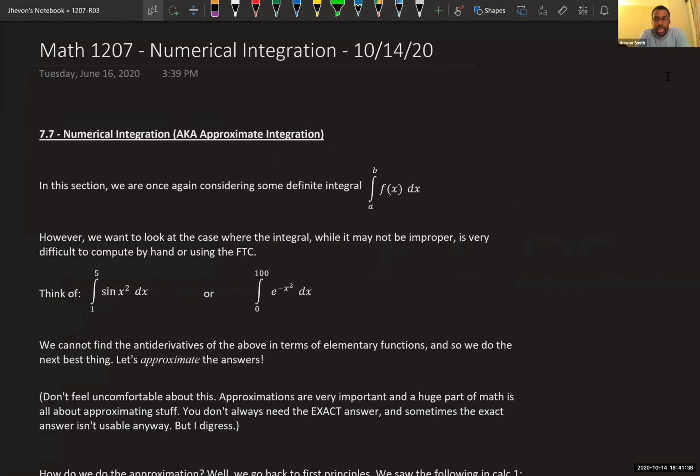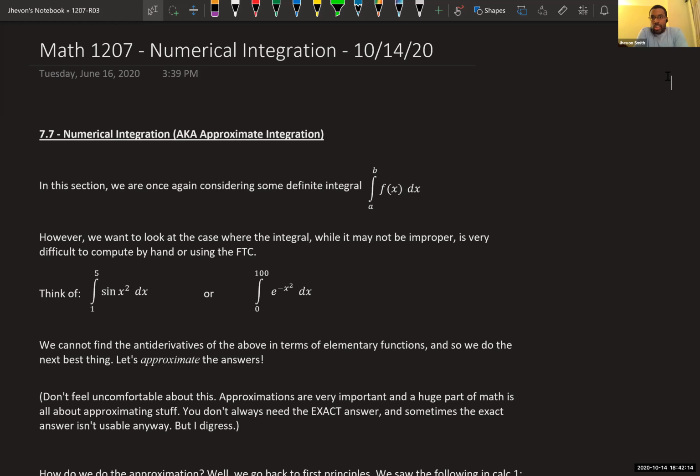So this is when we go back to the actual definition of what it means for an integral to exist, and to compute one and just approximate it. You actually did this in Calc 1. This was when you learned about the right-hand rule, the left-hand rule, and the midpoint rule, and you were constructing Riemann sums, and you can approximate a definite integral by using the sum of the areas of rectangles, right? You actually used that to build up to the fundamental theorem of calculus. That was all derived in Calc 1, so I'm not going to do that again. So we are going to go back to those principles here.